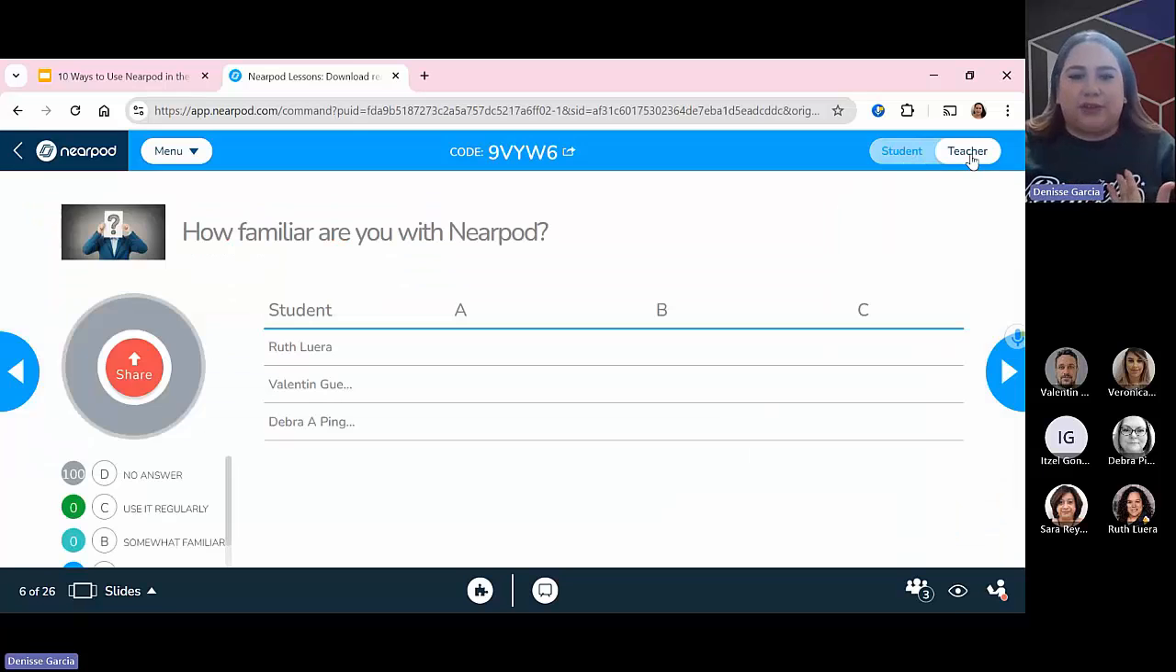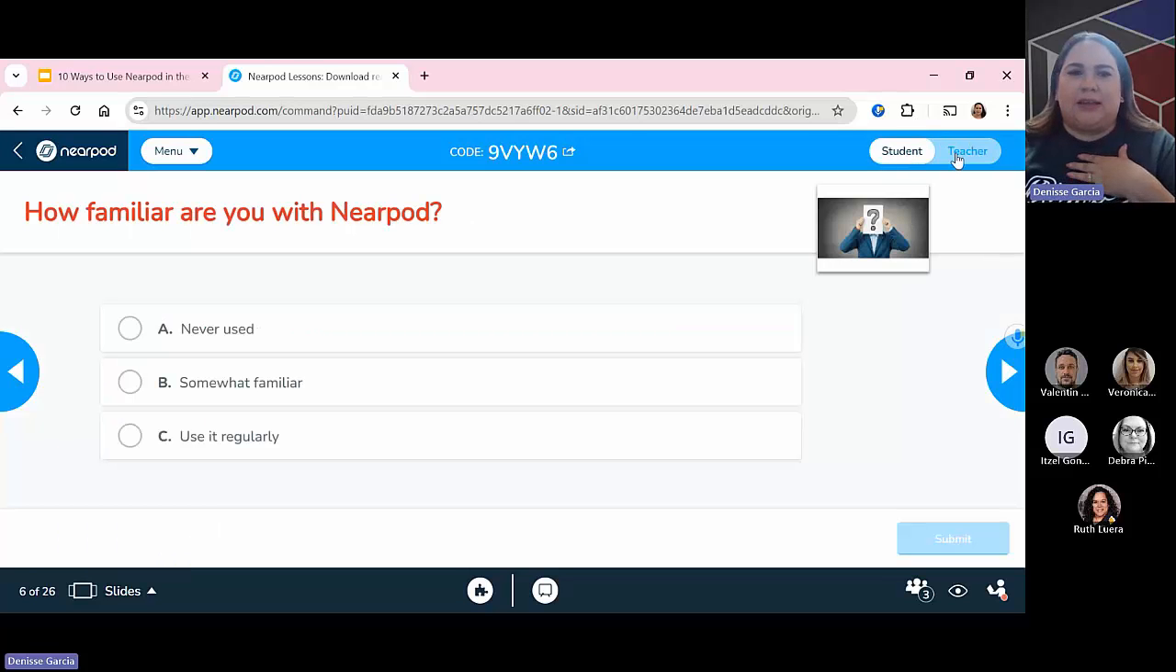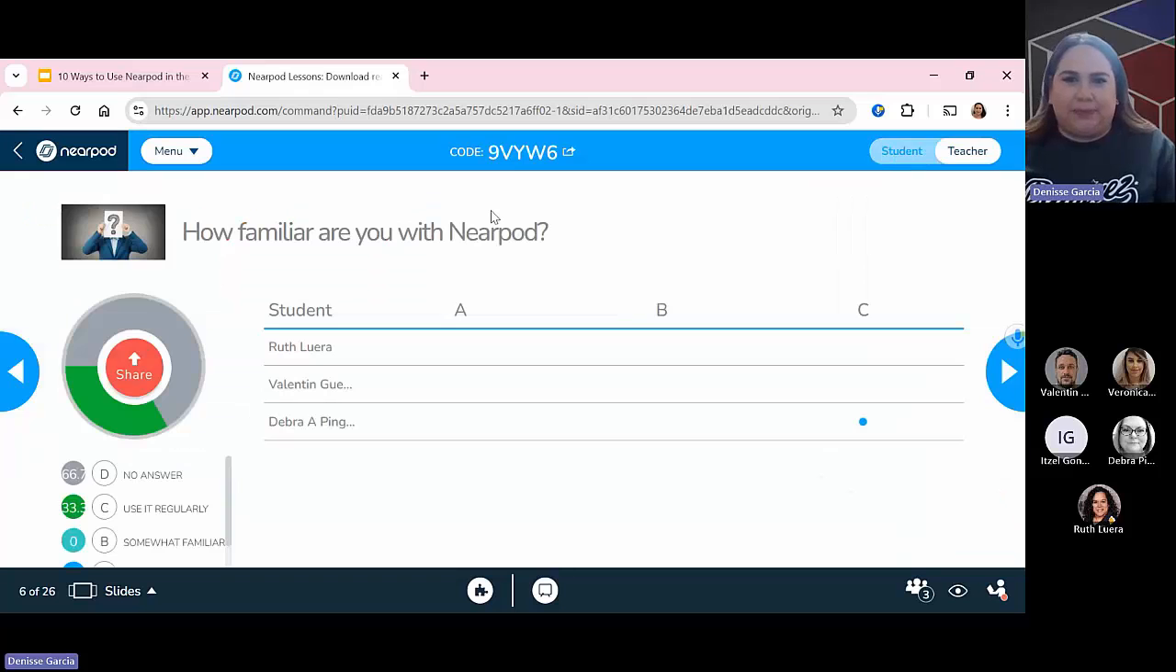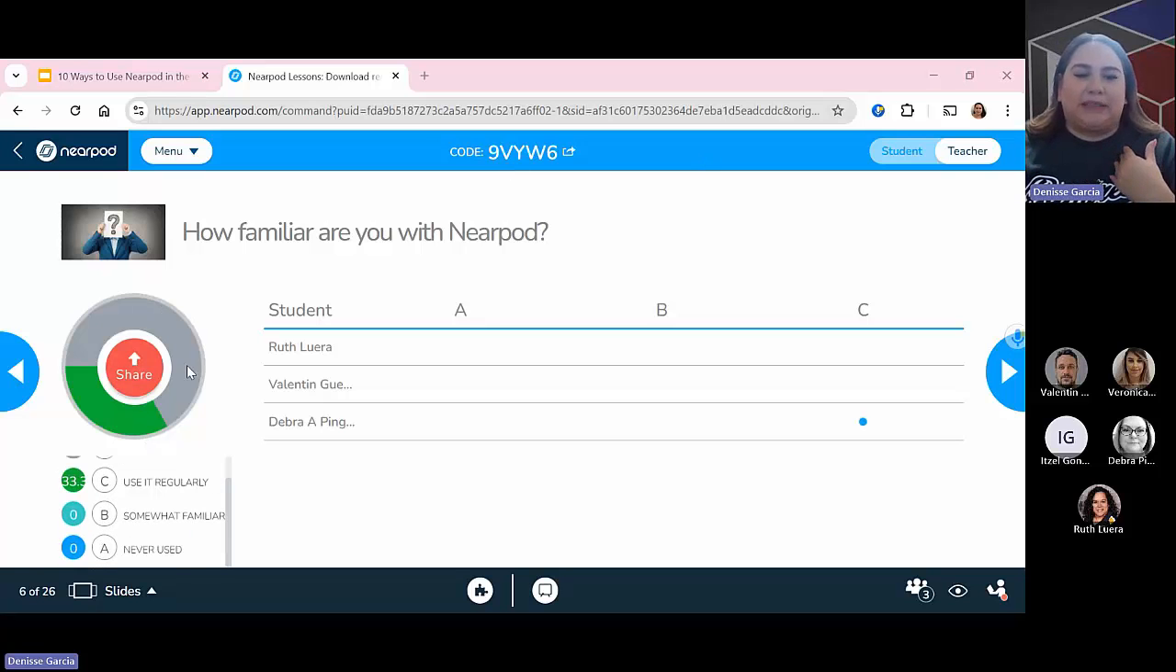And then on teacher view, what I would see is your answer, right? So you have an A, B, or C, which are the responses here. Never used, somewhat familiar, or I use it regularly. So that would be where you would see, and you could see here who has answered and who has not answered as a teacher. And then you get a percentage, which you can share at the end to your students,